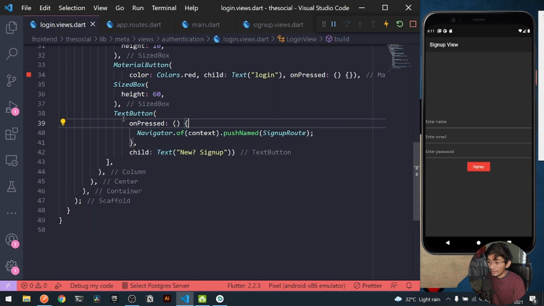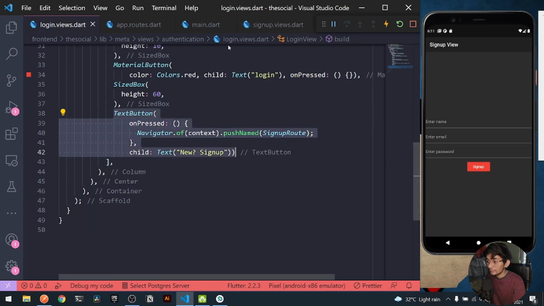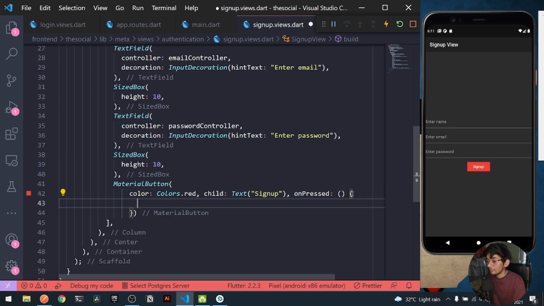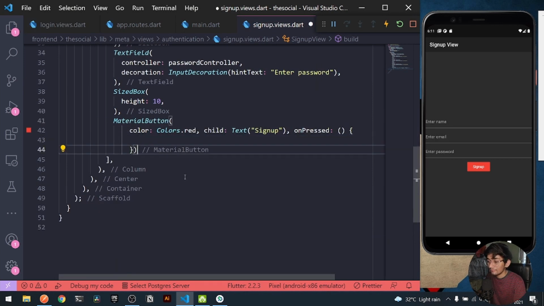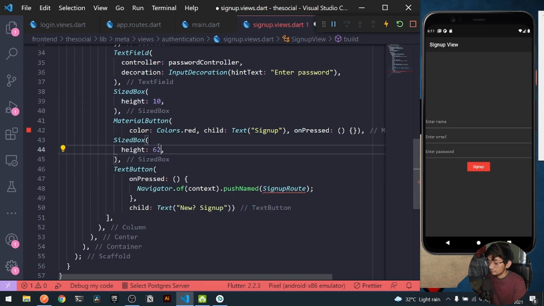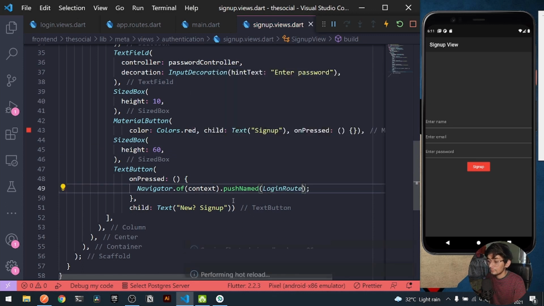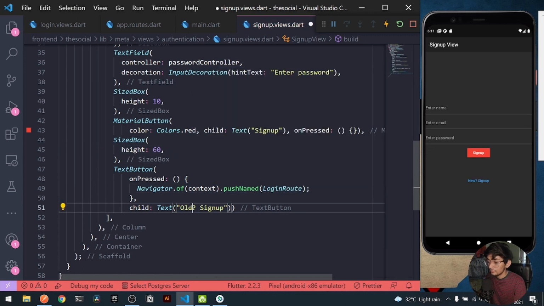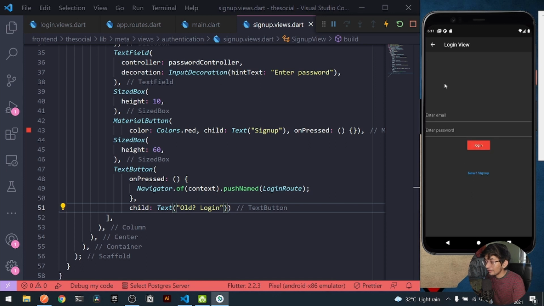Right, now I can do the same thing here with a text button. Okay, not here, but after this, a text button having a SizedBox of 60, and here let's have a new route of loginRoute. Right, and here you can write any sort of text, but I can only write a login one. So after tapping over it, we are getting navigated to our login view, and here the sign up view.